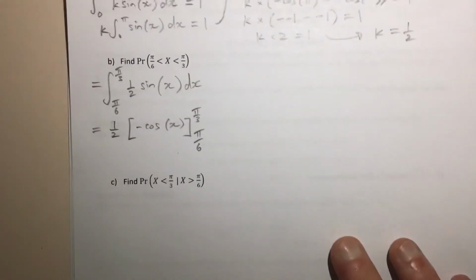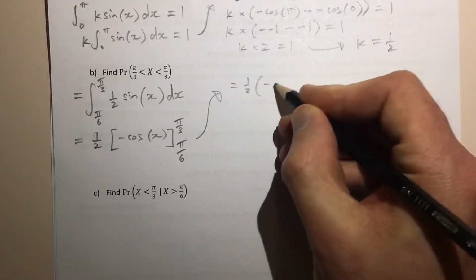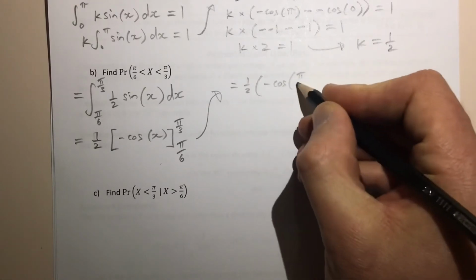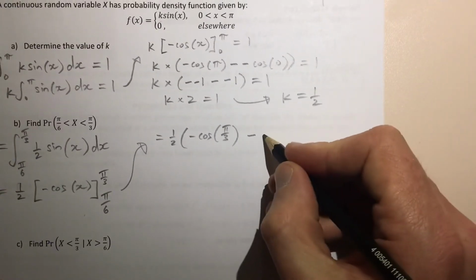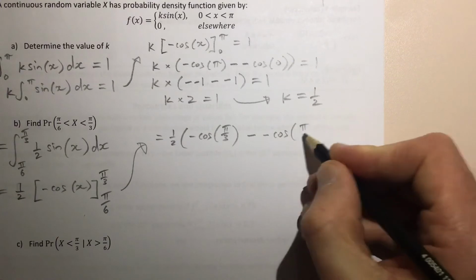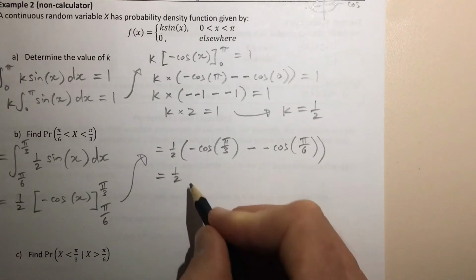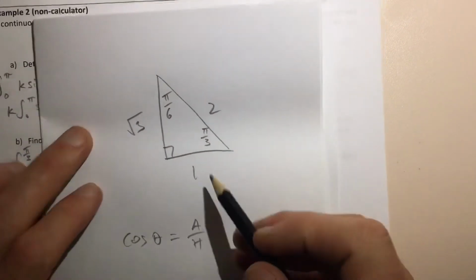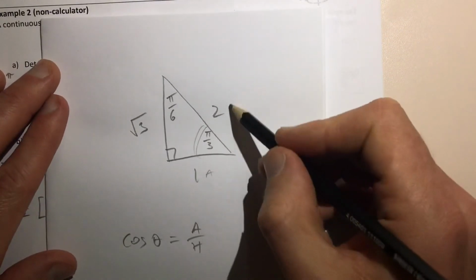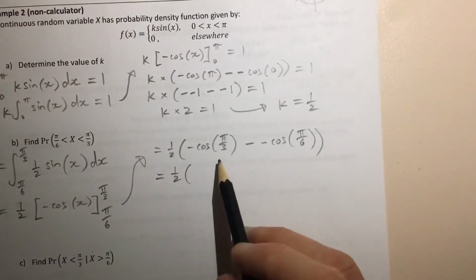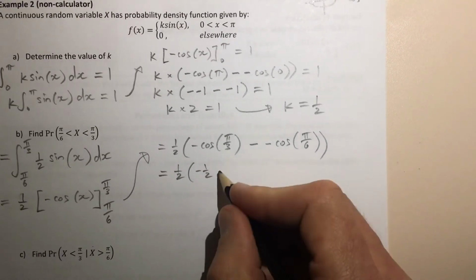Okay, so when we go to evaluate this, half times negative cos of pi on 3, that's our upper terminal, minus negative cos of pi on 6. All right, so a half times our cos of pi on 3. Let's go back to our triangles. If that's our theta, then there's our adjacent, there's our hypotenuse. So cos of pi on 3 is a half, so this would be negative 1/2 minus negative, so plus cos